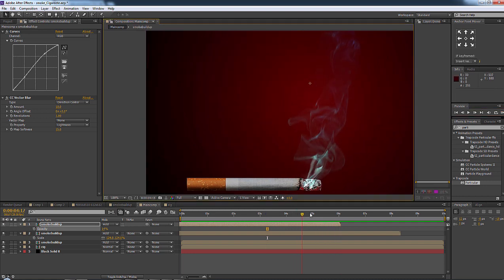So that's how we make the smoke. We are really close to the realistic smoke. Of course, now you can build it with Particular. You don't need very expensive software like FumeFX or Turbulence FD. You don't need 3D software for creating this kind of smoke. So a little bit of tweak and we are ready to build up this kind of smoke very easily inside